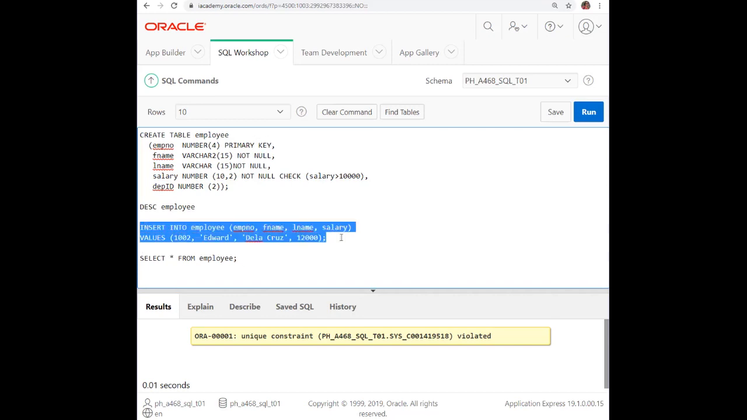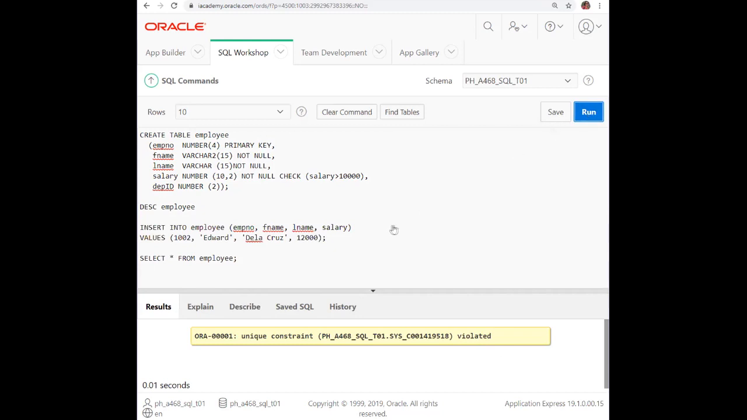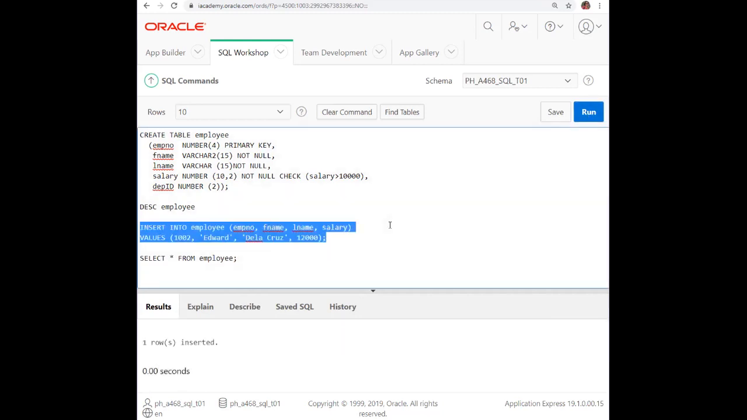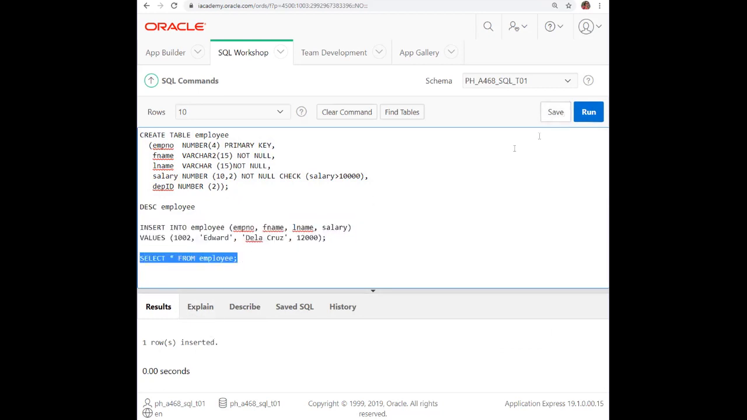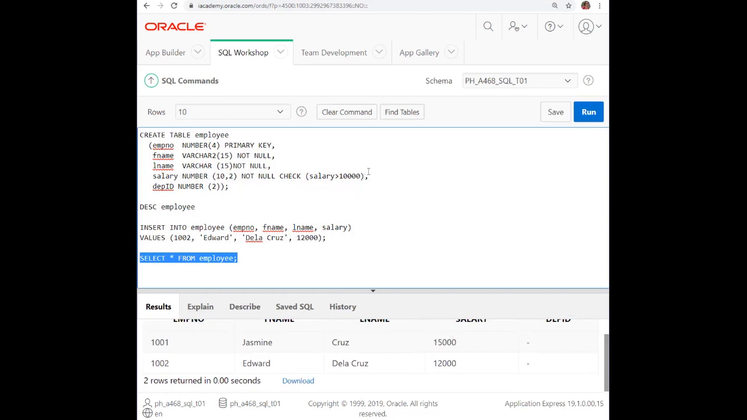Okay, it should be unique. So to correct this, we have to type a new employee number. Okay, so let us now run. Okay, so one row inserted. So click now, select, let us check the new records. So we have now 2 records on your table. Okay, so that is primary key, not null, and check